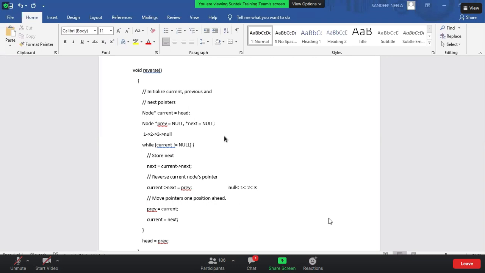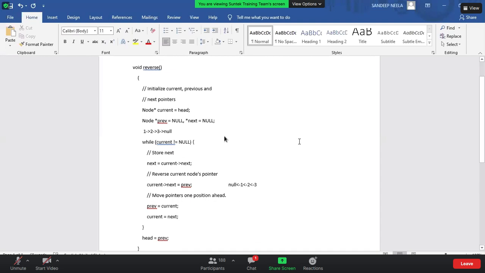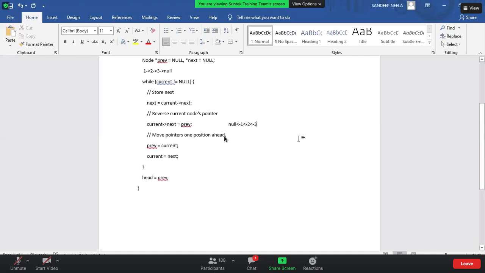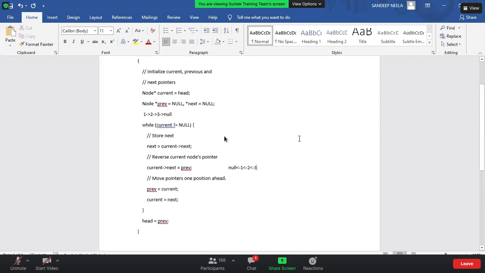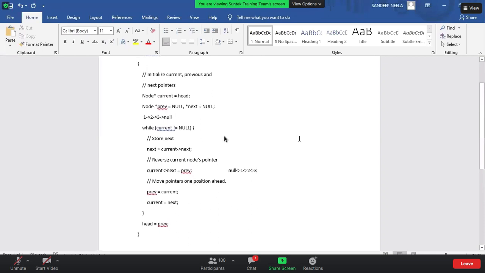Or will you give it a try? Okay, I think it's better to give it a try. Okay, for 1, 2, 3, null, previous equals 3, so 3 is stored there.